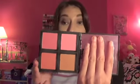I use this one all the time, and I mix all of them together, or some of them together, and it gives me a really great flush to the cheeks for my blush. And this is a light one, and this is also really great for the springtime. You can see you've got the same thing going on. You get one sparkly blush, which is great to mix in, and you can mix and match all of these,